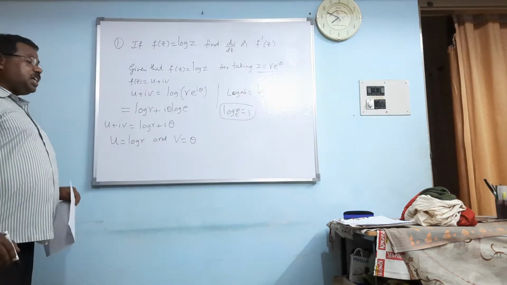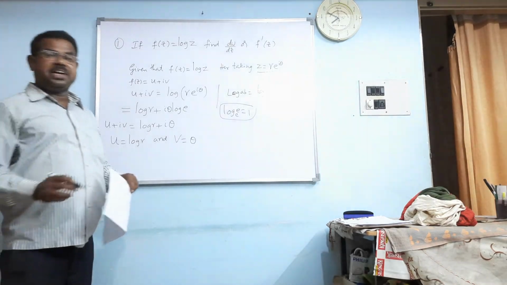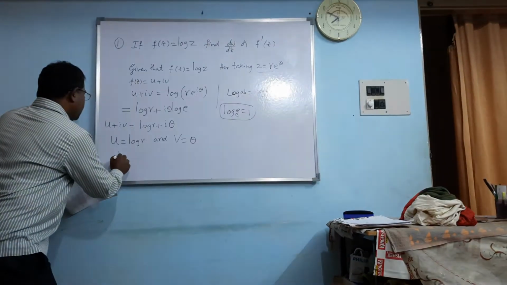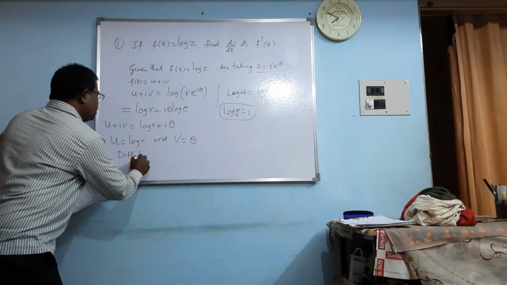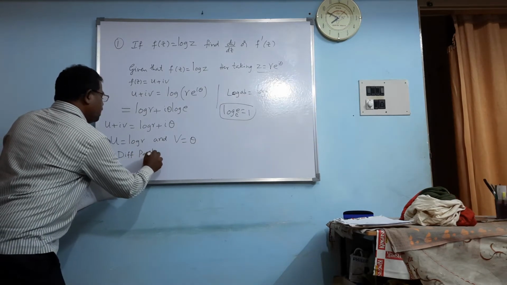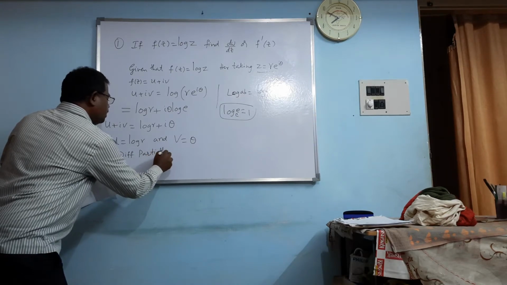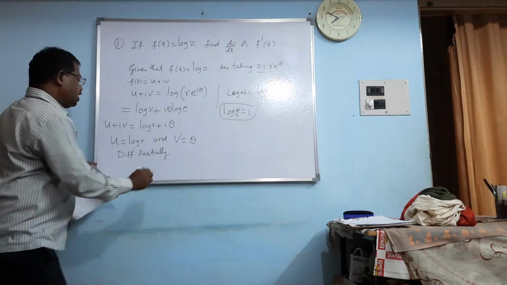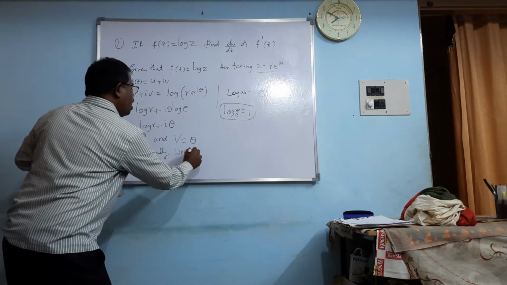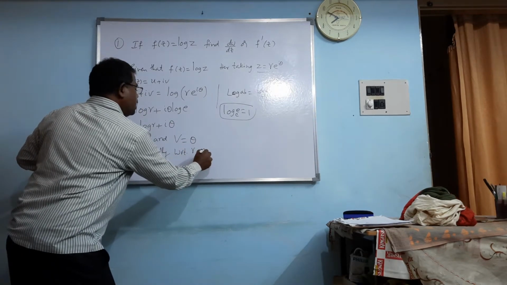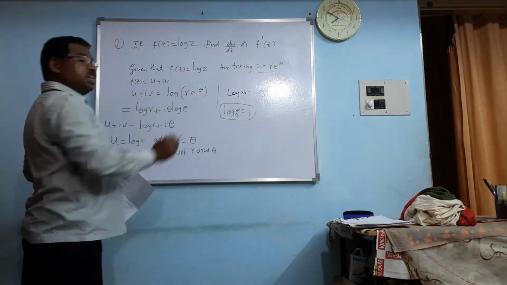Here, differentiating partially with respect to r and theta, we get